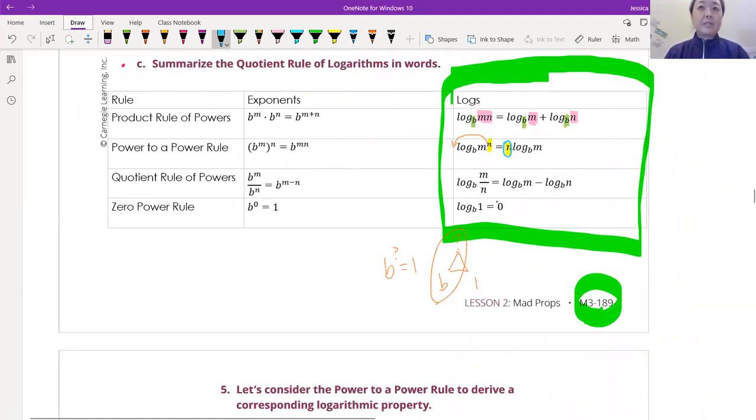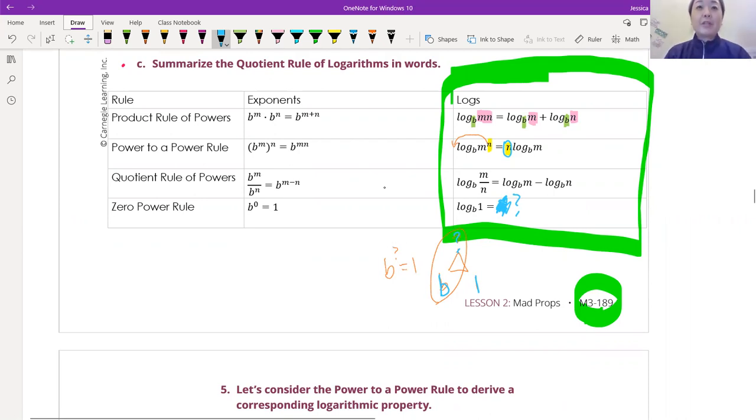So what I like to do, because technically you couldn't see this, right? Because remember it was invisible if you were in class. So remember, we're going to just convert it to exponentials because it helps me to understand better. So this is b, 1, and this is the question mark that we don't know. So b to the question mark is equal to 1. Well, what would make it equal to 1? What does that exponent have to be? The only number it could be